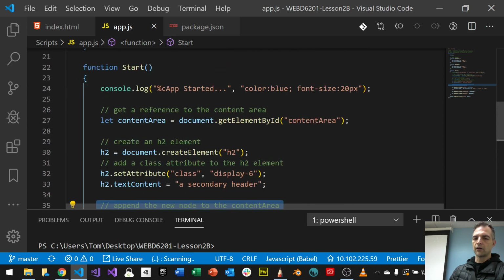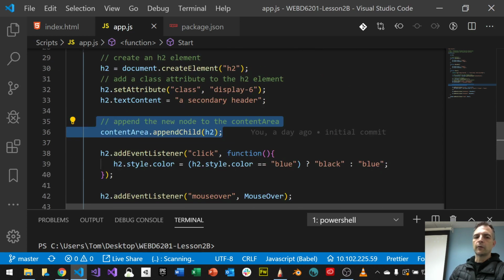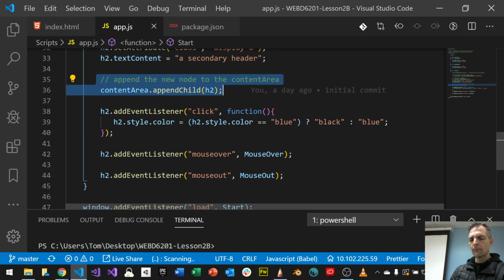Content area is our hook. It's the place where we're going to put it. Think about this as the parent container, right? Parent container. And then what we want to do is put in place this other tag, right? We also talked about event listeners and event handlers yesterday, which was the main topic of